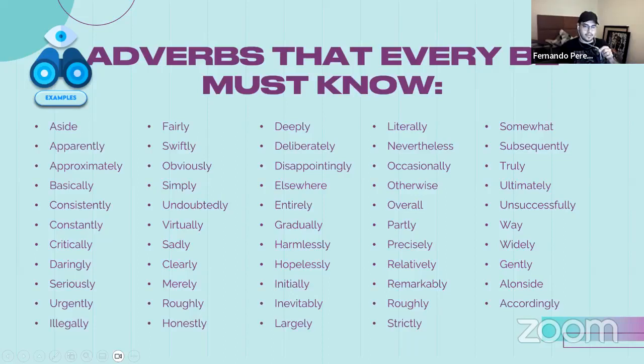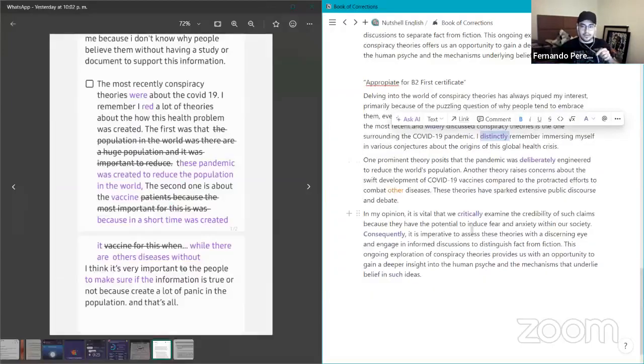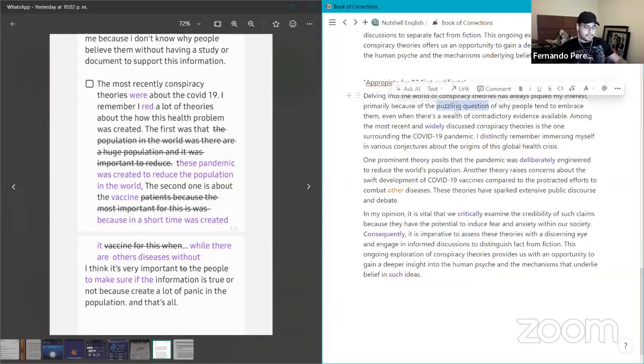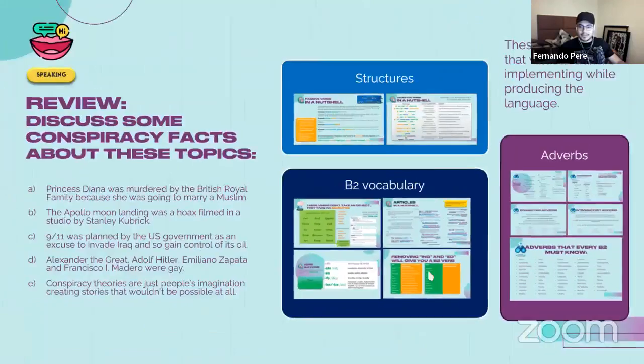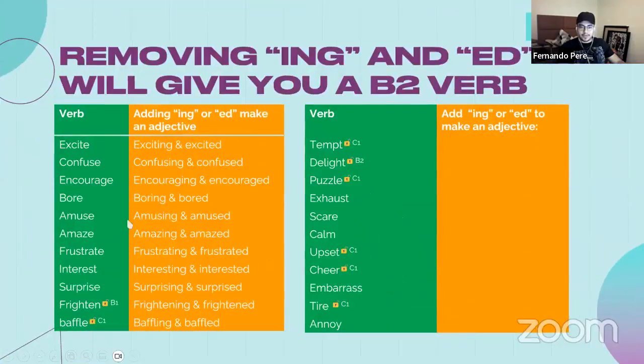adverbs, including such, including even, including all these different words, and some connectors and some ing words. For example, the puzzling question. This is very interesting because we have it in the adjectives that we saw over here. Look at the word puzzle. Puzzle is similar to confuse. As an ing, you obtain